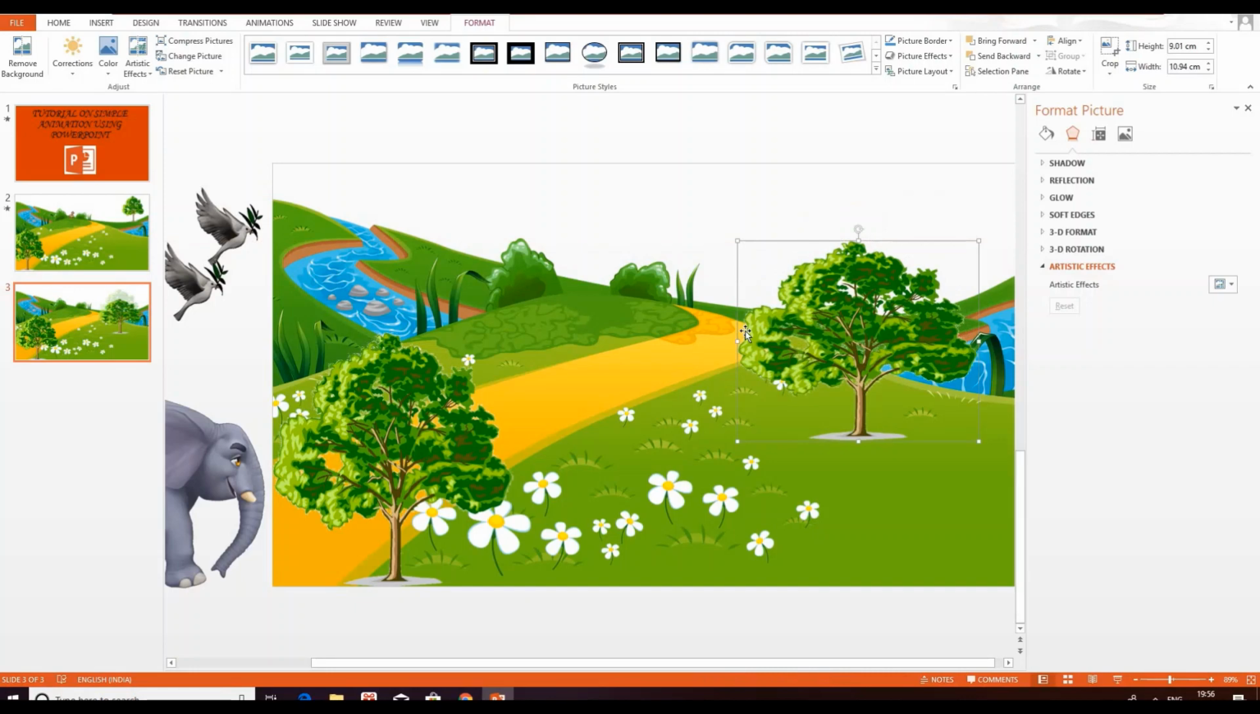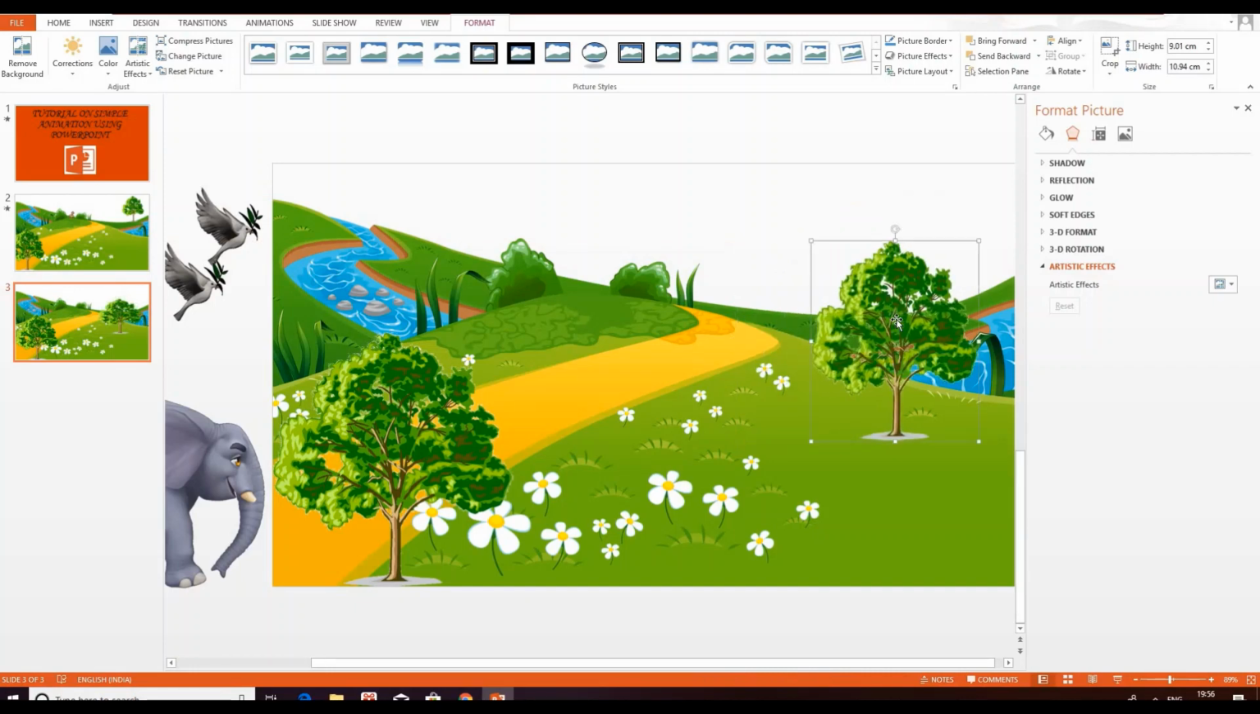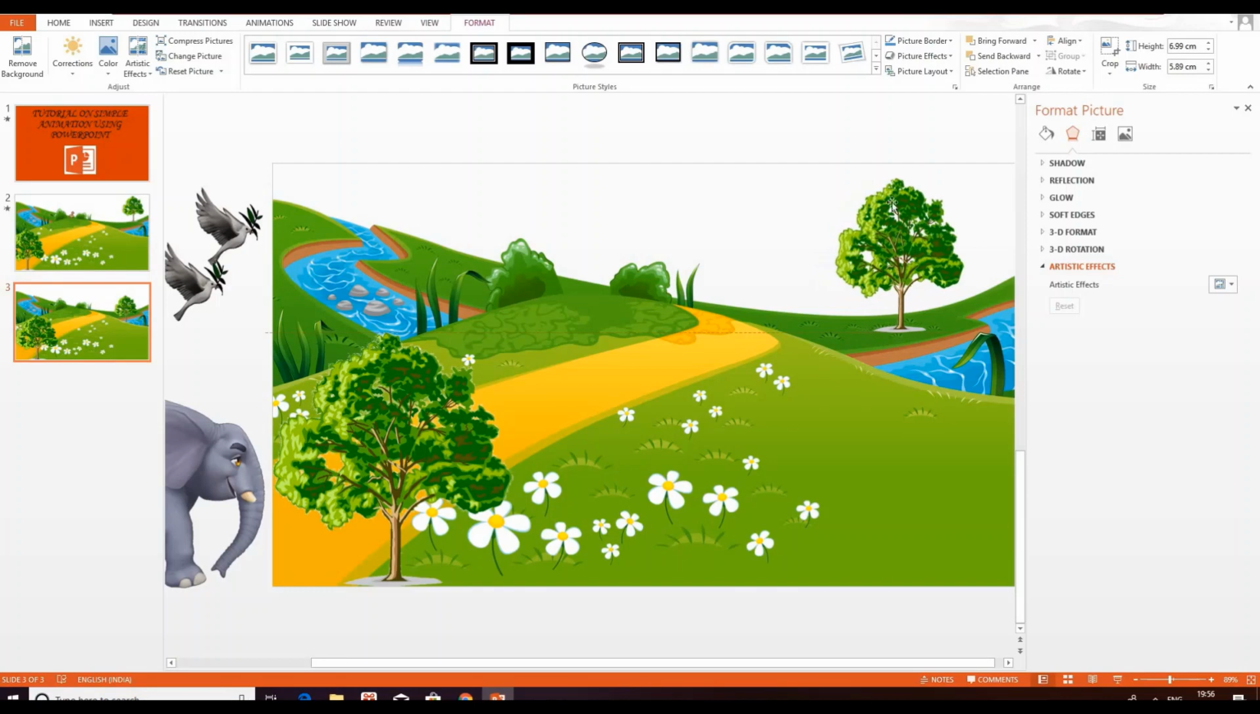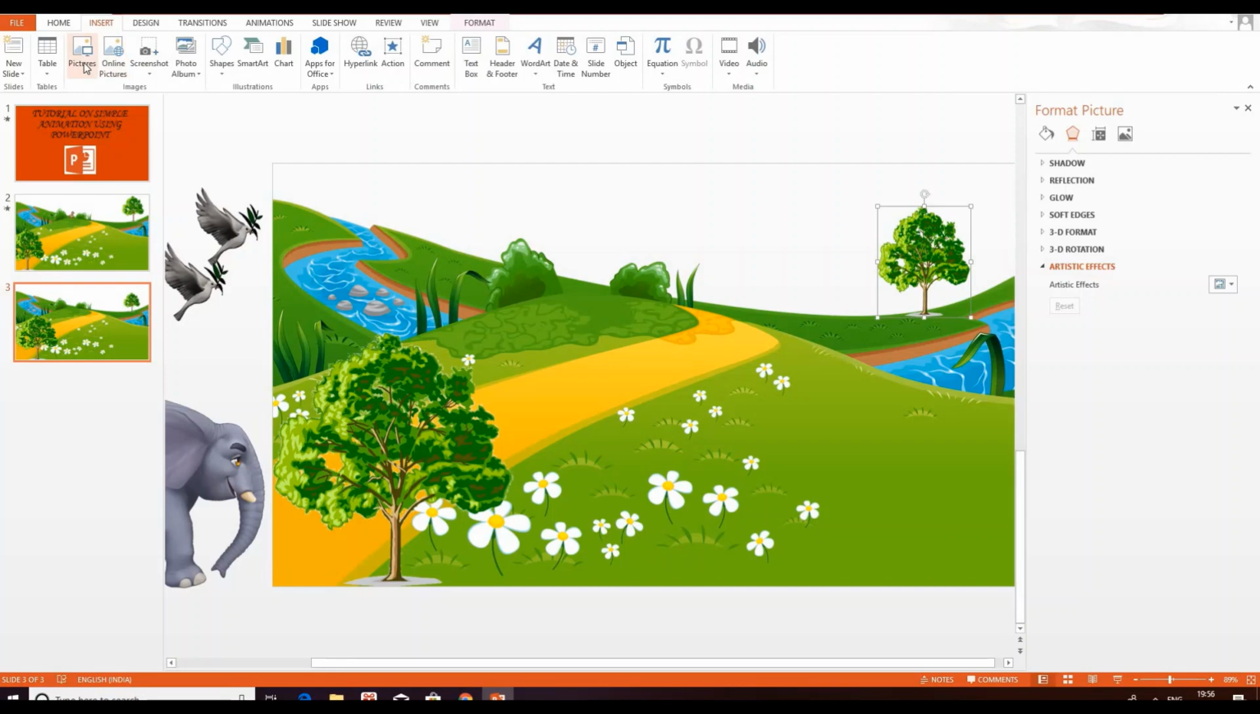So any picture you want for your concept, you can download it from Google. You can search for transparent pictures. You can search for any picture there in Google and you'll get it, even GIF files. So I place my tree there. Then I had one monkey,